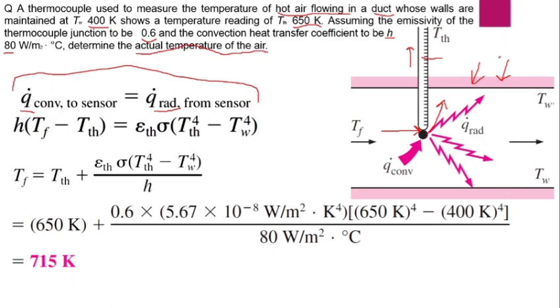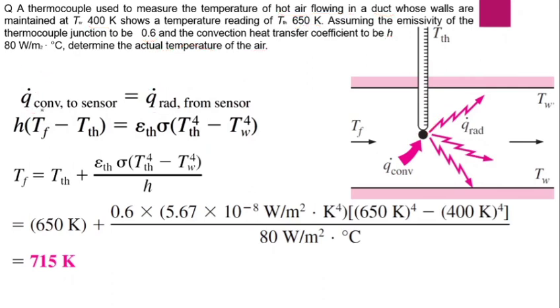So the outside pipe may be very, very cold compared to the inside hot air. As you can see here, the pipe temperature is 400 Kelvin, and the air temperature reading is 650 Kelvin. And we can see there is a 250 Kelvin difference between the temperatures. So whenever we have this much difference between the temperatures, then only we will have an incorrect reading, right? So how to solve this numerical? We have to just balance the heat, right? Whatever heat is coming inside the thermocouple should go outside. So heat is coming because of convection and going out because of radiation, right?